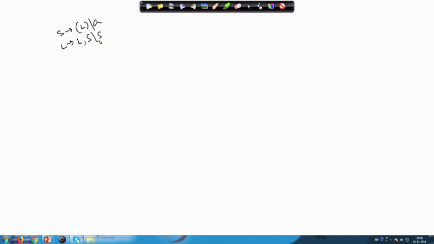Now, first we have to consider the first of S and first of L. First of S has got open parenthesis and A. Similarly, first of L has got L. I will not write these commas because that will confuse with the comma that we have there.